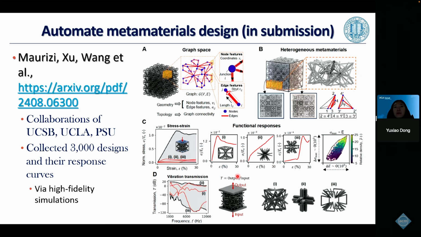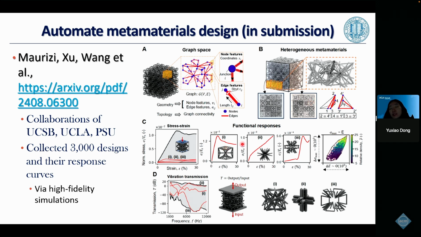The second example I want to show is the metamaterial. This is also a work that we're collaborating on with our collaborators, UCSB and also PSU. So here is an illustration. This is what metamaterial looks like. Essentially for each basic cell, it is a very interesting structure, and all those structures can be pieced together to form a bigger structure. So once we have this bigger structure, then essentially we have the metamaterial,